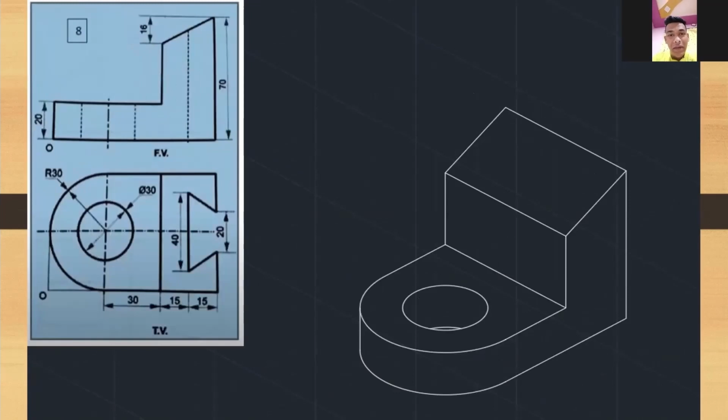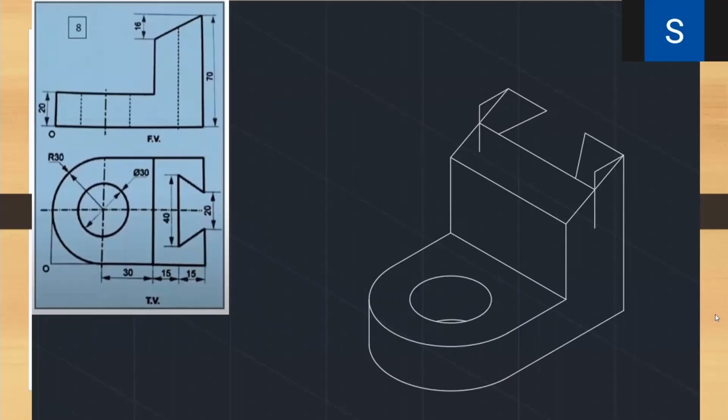So for that we have to first incline that slant part. We have to make 16 mm downward from the top and then horizontally 30 mm to complete that first slant rectangular part. So now we are left with the slant type part, which is visible from the top view. For that we have to first incline the slant part, making 16 mm downward from the horizontal line and then 30 mm to complete that first slant type rectangular part.